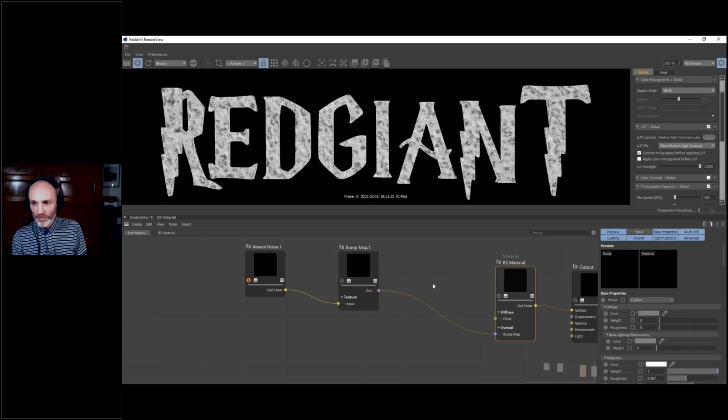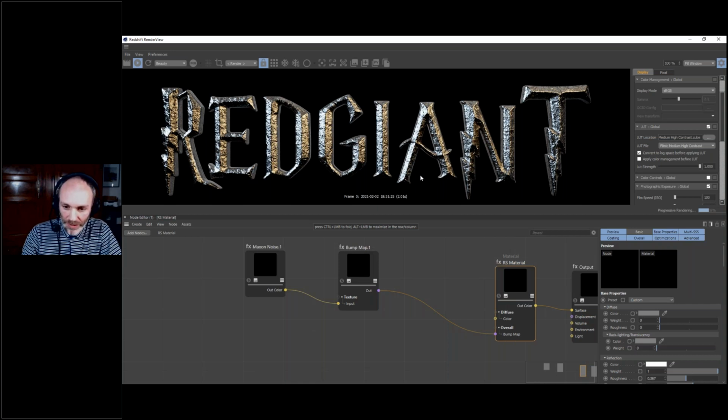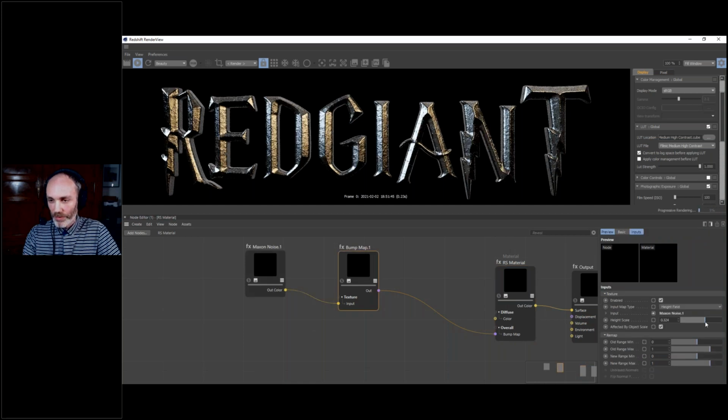And you can see the bump map has a very, very strong effect. And it looks like our texture has a lot of details it didn't have earlier. Okay. From there, I can just decrease my bump map to have something much more subtle like that. And you can see we have some nice result.